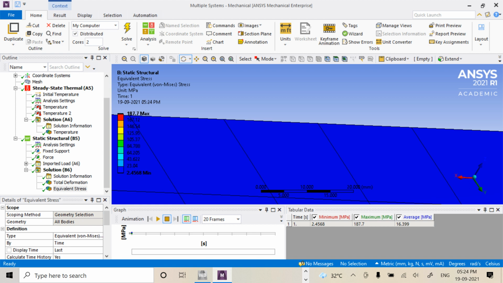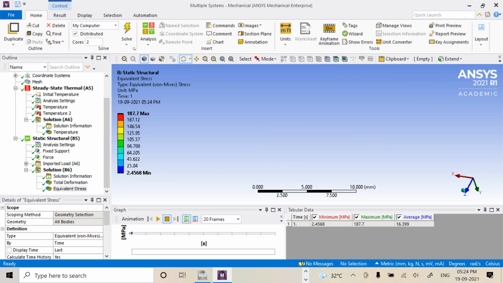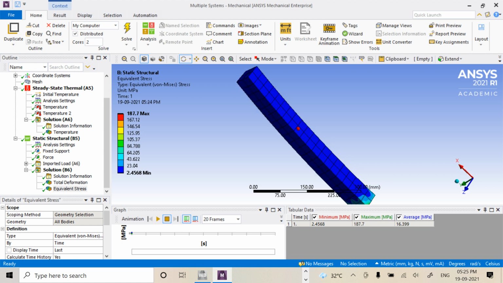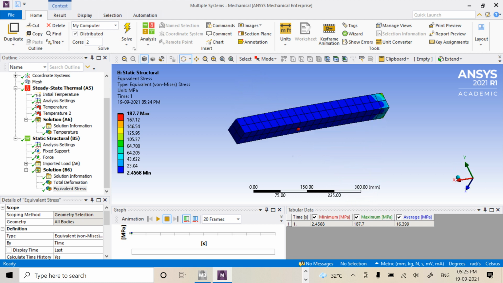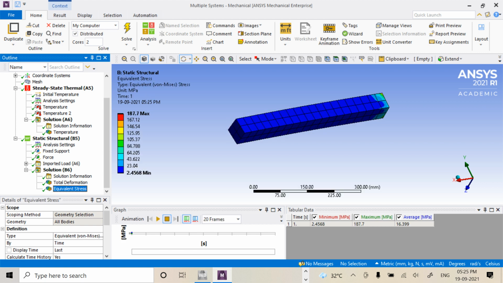Let us fit it to the window here, zoom to fit. With the middle mouse button, you can see the equivalent stress over here, and when we click on deformation, you can see the deformation. You can see the animation over here. We click on here, we get the animation, and for equivalent stress, the animation.